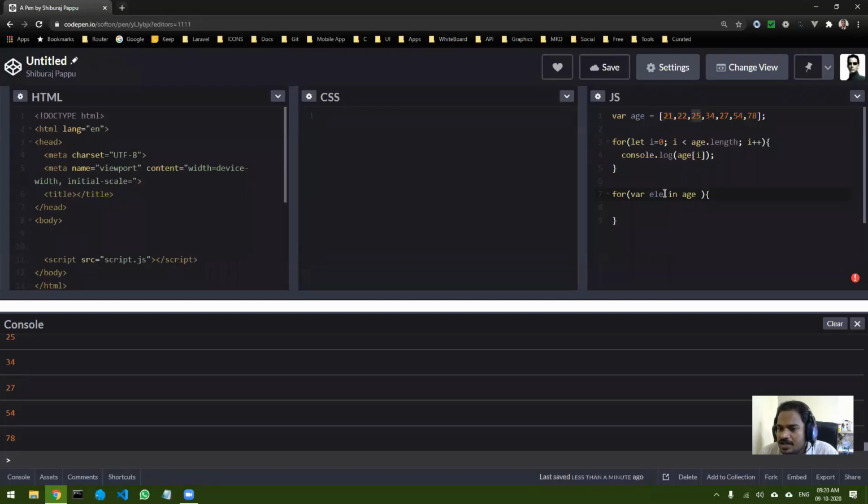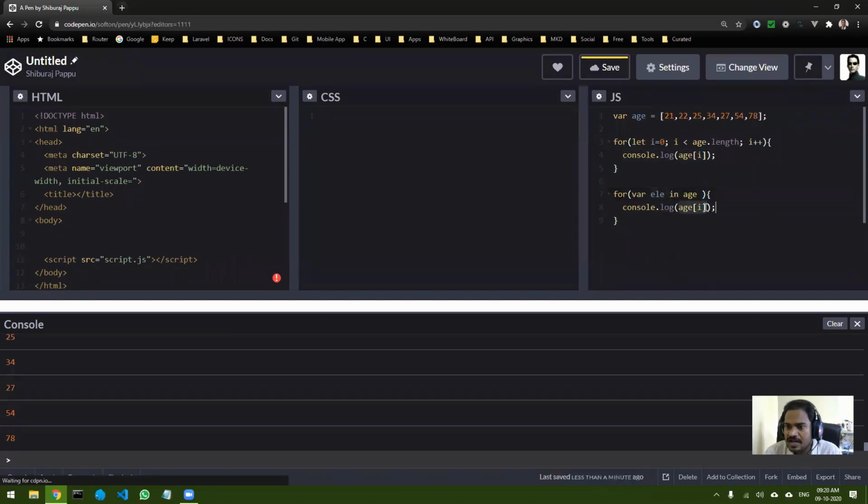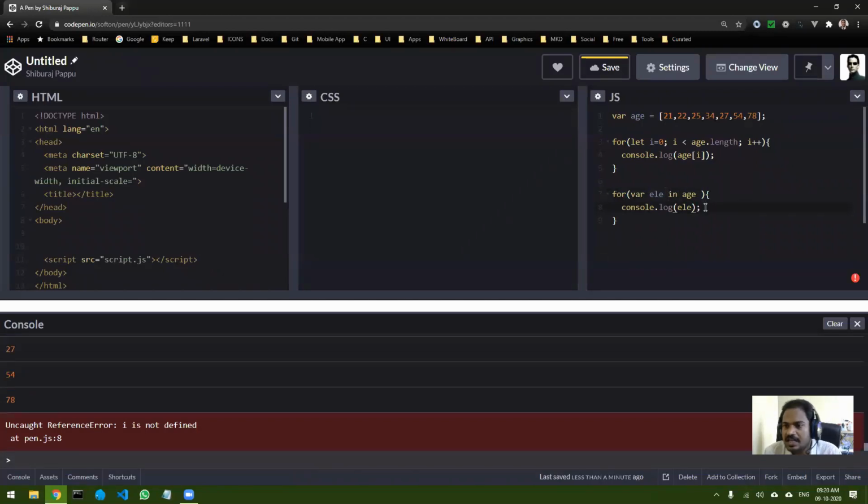Now the advantage here is that you don't have to worry about age dot length or doing i plus plus. All these things you don't have to worry about. I will show you how you can print the same thing. Instead of age of i, I will just do ELE.